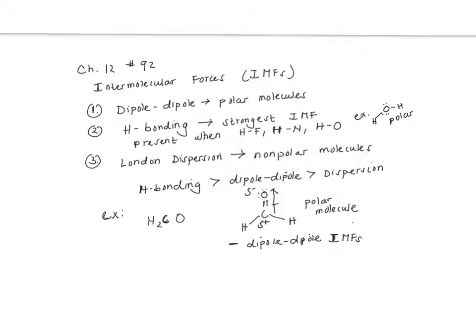Working with the molecule that we just had with our Lewis structures, H2CO, I drew the Lewis structure here, and what you can see is oxygen is the most electronegative element. So you're going to have a dipole moment going towards your oxygen. Most of your electron density is going to be pulled by your oxygen since it's the most electronegative element. Since there's a net dipole moment, this is a polar molecule. Hence, the dominant intermolecular force would be dipole-dipole. This would also contain dispersion forces, as all molecules contain dispersion forces. But the dominant intermolecular force is dipole-dipole.